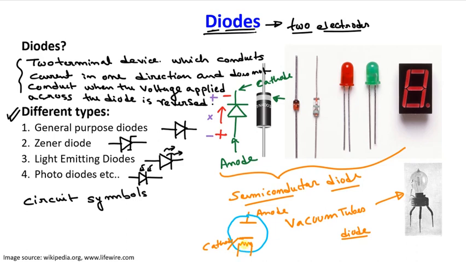When current flows through this resistive element, it gets heated, right? And when it gets heated, the cathode emits electrons, and if we apply a positive voltage here, that attracts electrons, and electrons can flow from the cathode to the anode. That's how the current can conduct. But if you reverse the polarity, if you apply negative at the anode and positive at the cathode, then the current cannot flow. That means it blocks the flow of current. We will discuss more about these diodes in our later classes.